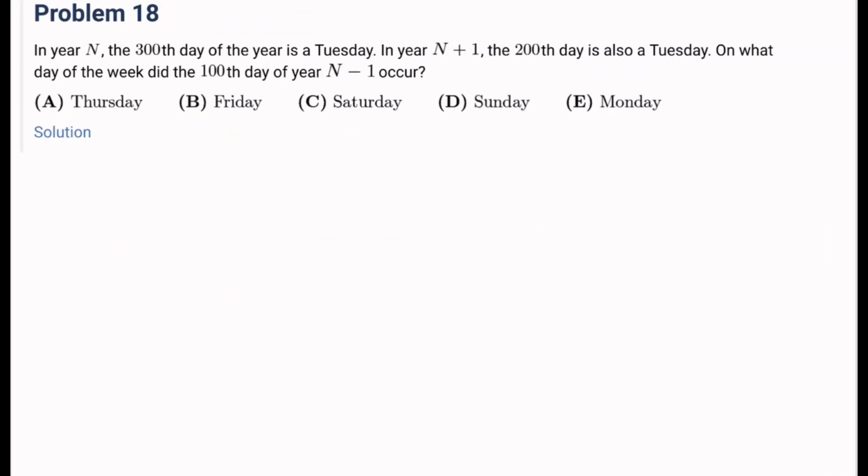Problem number 18. In year n, the 300th day of the year is a Tuesday. In year n plus 1, the 200th day is also a Tuesday. On what day of the week did the 100th day of year n minus 1 occur? Okay,